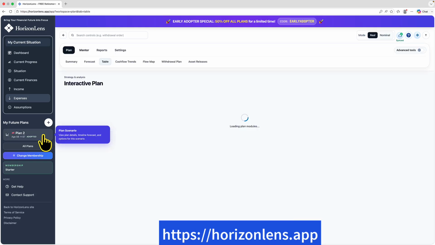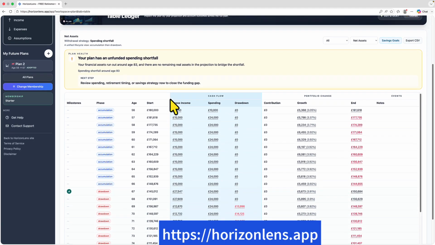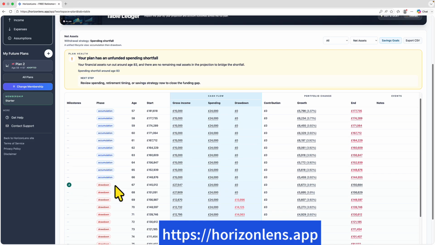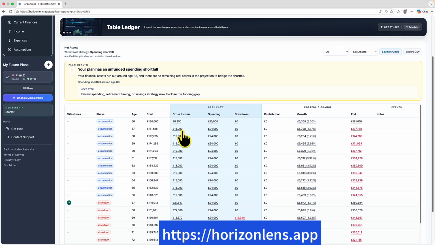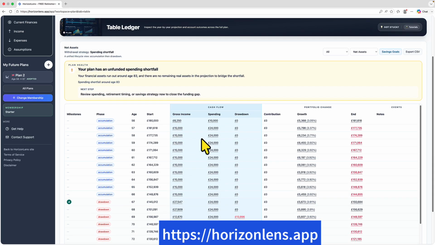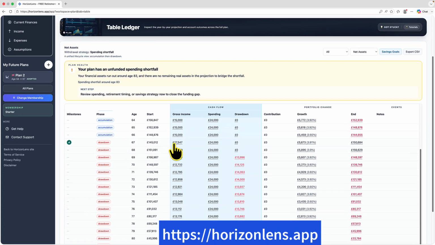So we can click on our plan here. Going to table, we can see a breakdown of our financial plan, starting off our current age of 56. So in blue is our accumulation phase just before retirement. Then we have our retirement milestone, and then we start to withdraw from our pension and our assets. We can see our income coming in. The first year is prorated, and then we have our salary coming in the rest of the years. We have our spending of 24,000, and then we are retiring, seeing our state pension coming in, and then our